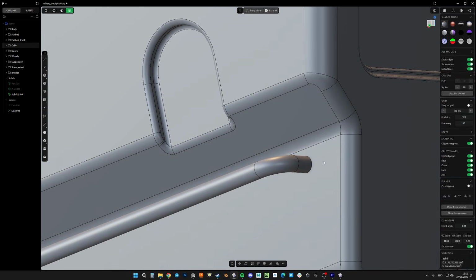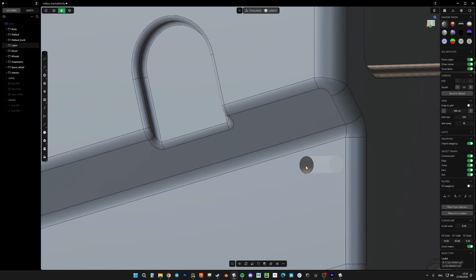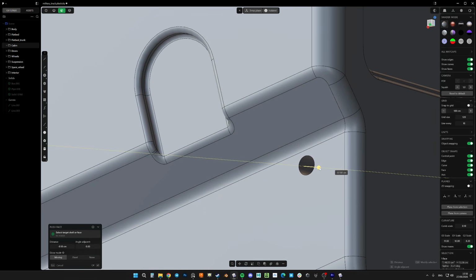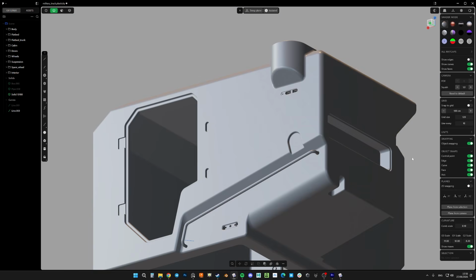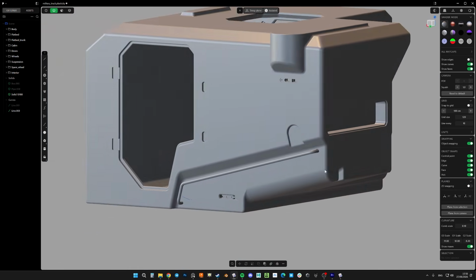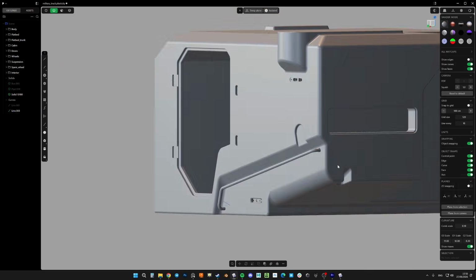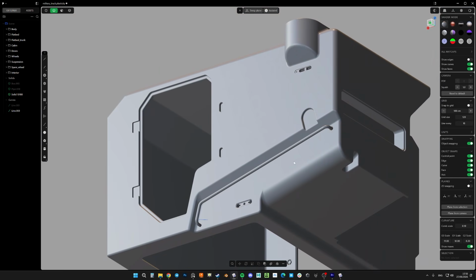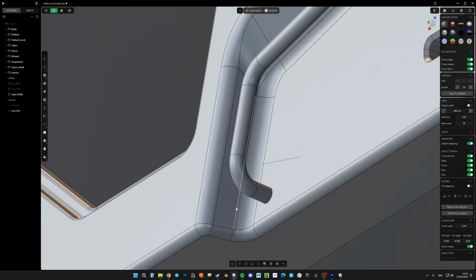Now we have a hole in the main body. We can make it a bit bigger, create a small bevel. We can see that one element goes into another naturally. Or we can